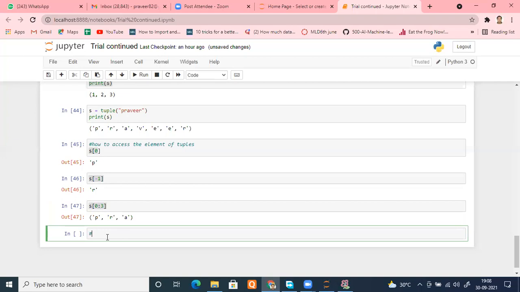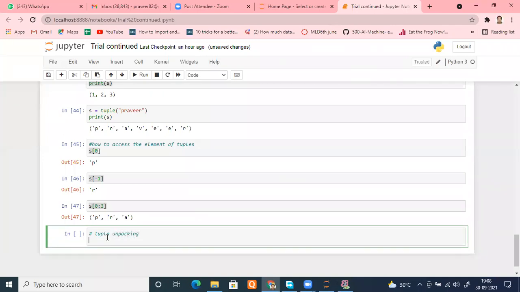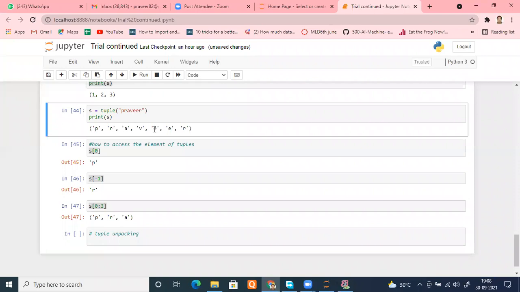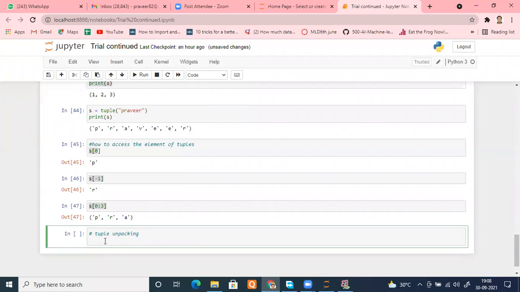Now, very much like you have studied list unpacking, there is also tuple unpacking. How can you do tuple unpacking? The same way we did earlier. Suppose I have 7 elements in my list, 1, 2, 3, 4, 5, 6, 7. So what you can do is put 6 variables there, like earlier we did. For example, let me take this one.